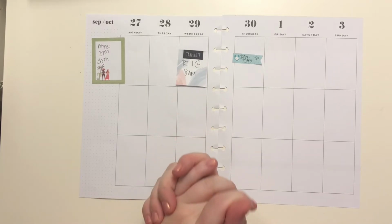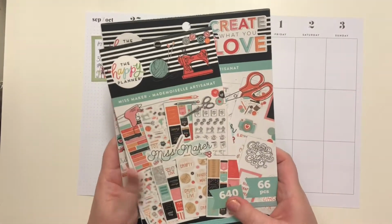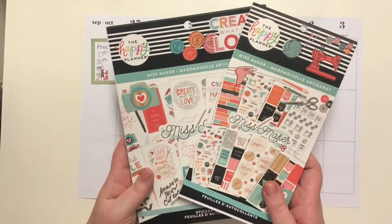So I finally found one of the last few things from the new release that I wanted. I couldn't buy it online on release day because it was already sold out, and of course it was Miss Maker. So I actually found it at Joann,